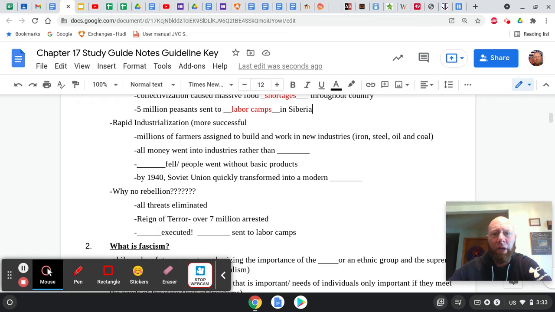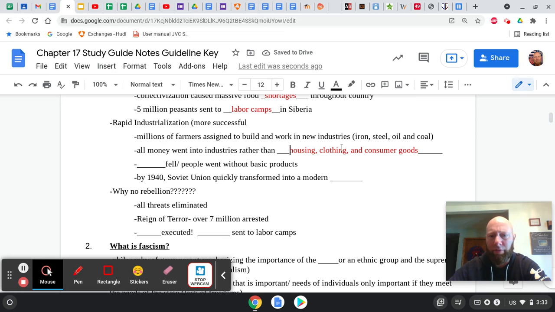This is essentially a needed thing in the Soviet Union, and Stalin knows this. The Soviet Union was invaded during World War One, and many times they went to battle with sticks and stones. They did not have the capabilities to match the industrial might of the rest of Europe and the United States, and so millions of farmers, who in the United States naturally just moved to cities and got jobs, are going to be forced to in the Soviet Union. All the money that the country had went into industries rather than consumer goods, housing, clothing,